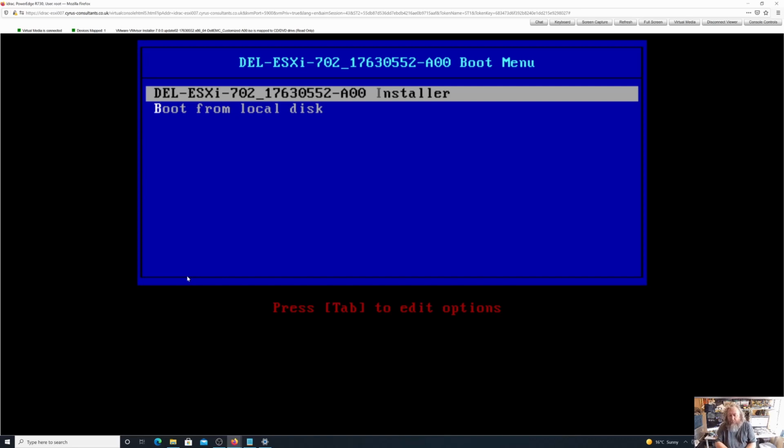The bottleneck, I don't believe, is the LAN. As I said, it's 1 gig connected into a bunch of 10 gig switches, and these workstations are 10 gig. Anyway, so I digress. Did you spot the error? Okay, so I'm going to select the installer,